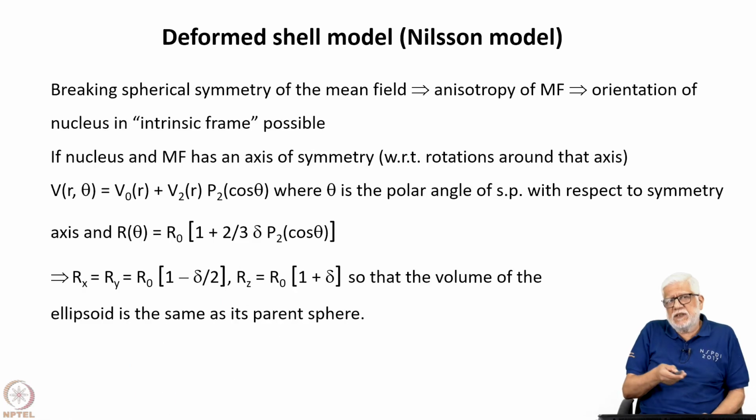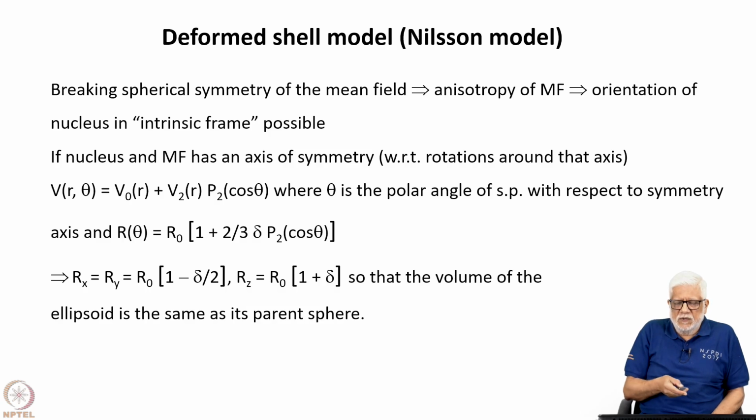So anyway, these are the kind of experimental evidences that we have for going over to a deformed mean field, deformed shell model, and that's also sometimes called the Nielsen model. So what you do is you break spherical symmetry of the mean field. You have an anisotropy of the mean field, and you can do it in various ways. For instance, you can demand axial symmetry, which is probably so for many nuclei in this rare earth